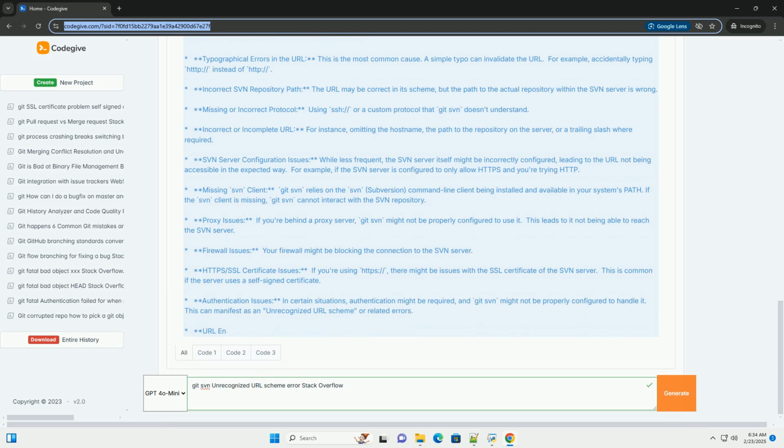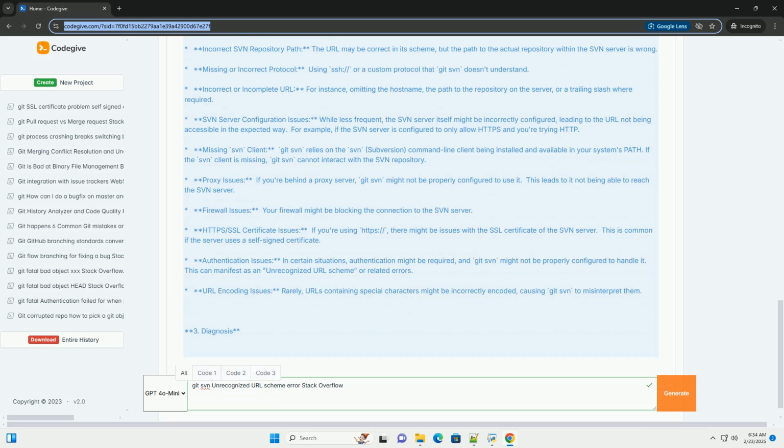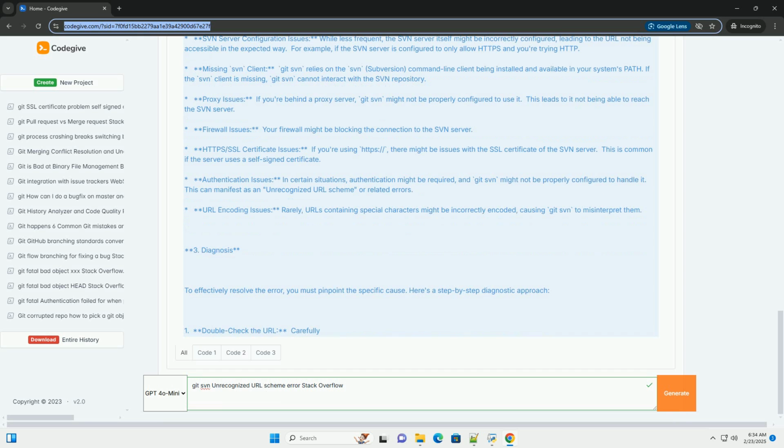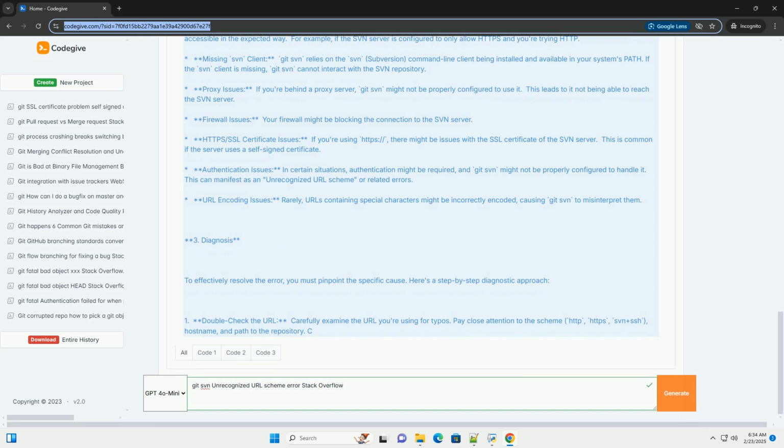1. Understanding the error. The unrecognized URL scheme error in Git SVN essentially means that the URL you've provided to Git SVN is not valid according to the syntax it expects. Git SVN is a bridge between Git and Subversion, and it needs to communicate with the SVN repository using a recognized protocol, or scheme. The common schemes it expects are: